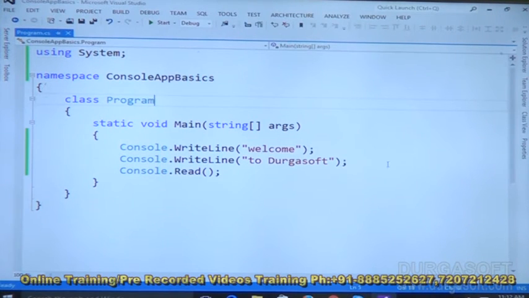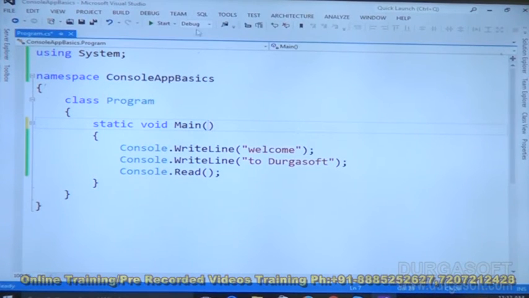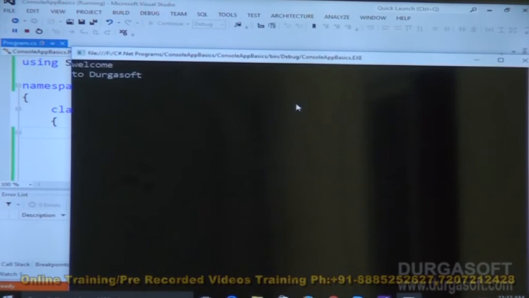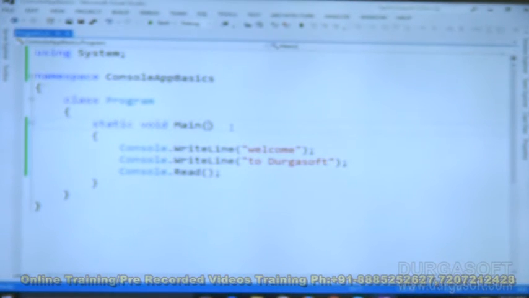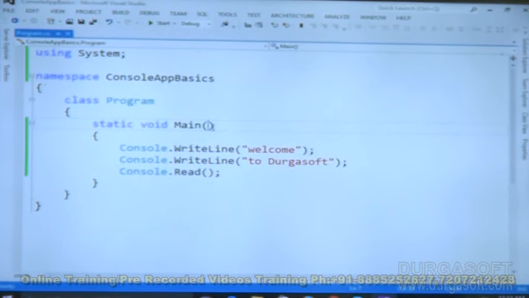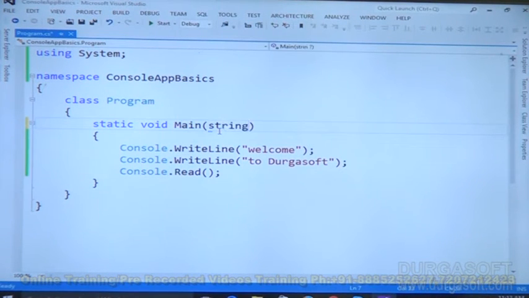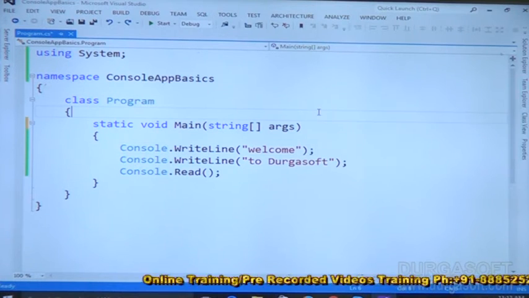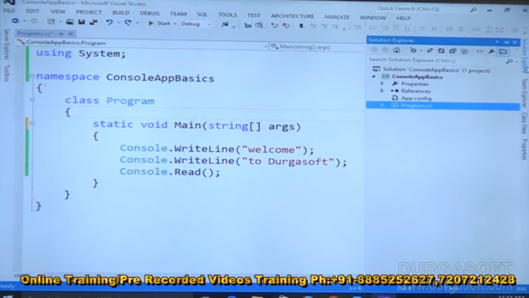Okay, right. Here I just created one simple program, static void Main string square bracket args. As I told you, when I run the application, you can see it is running clearly. By default, command line arguments are there, as console programs take command line arguments. Here, string square bracket args in Main is optional. If you want to include it you can, otherwise it is not required. We have created only one class, called Program, which also came by default.